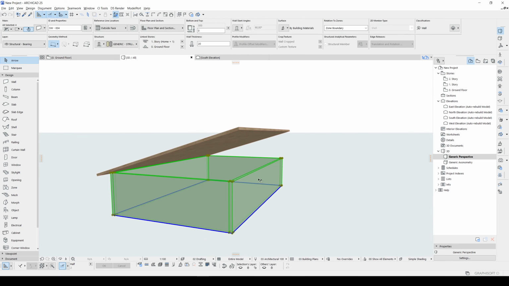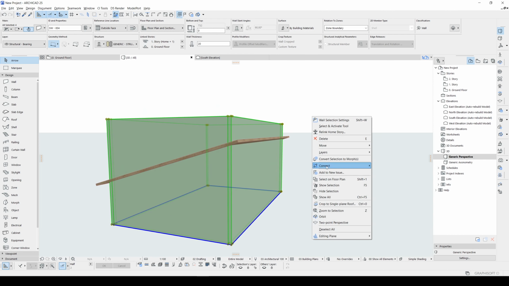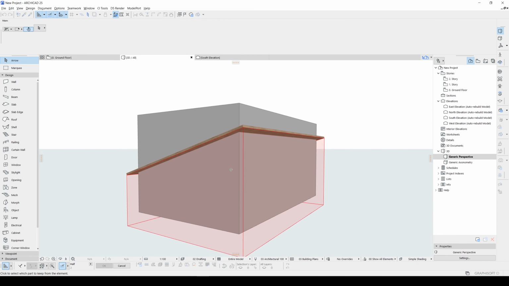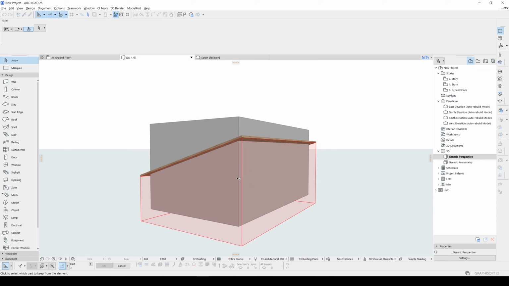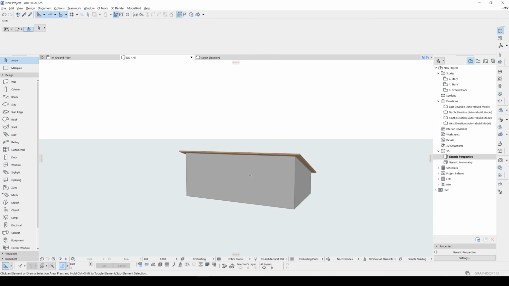And now we will attach the walls to this roof. We have selected all of the walls. Click the corner and click this stretch height. After that, connect trim elements to roof shell. Let's click the roof, and you will see this blue highlighted part, and you will click this highlighted part. If you click this, this part will remain. If we click this, this part will remain. Let's click here and done.